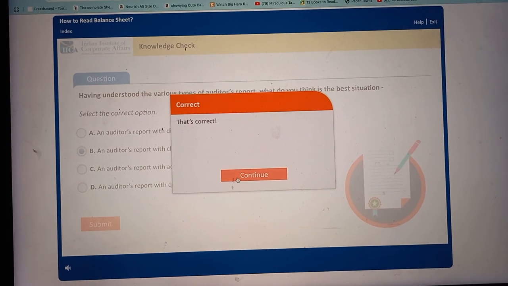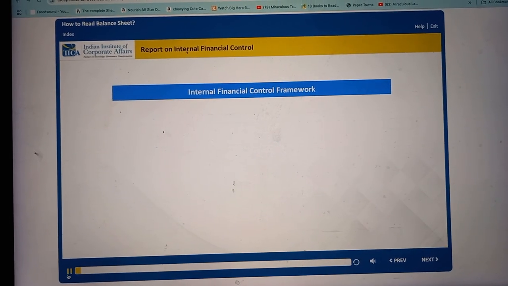Friends, as I said, as an annexure to the